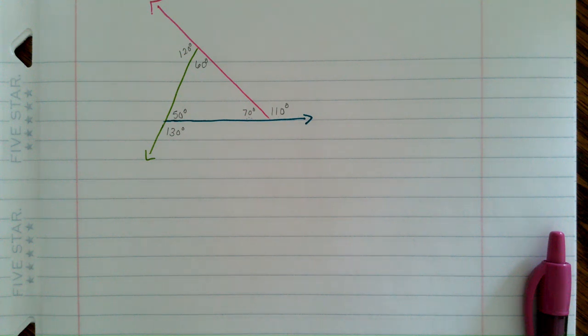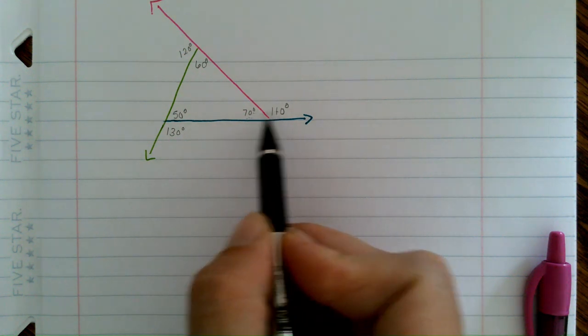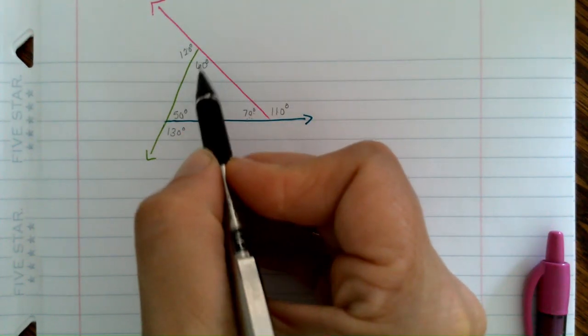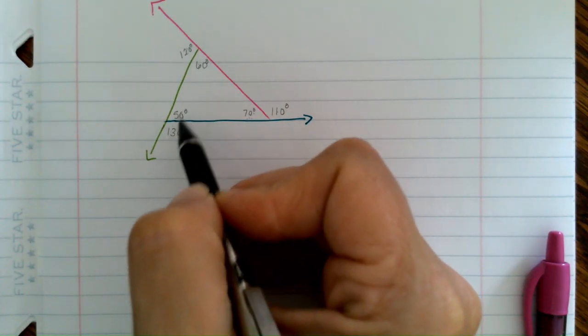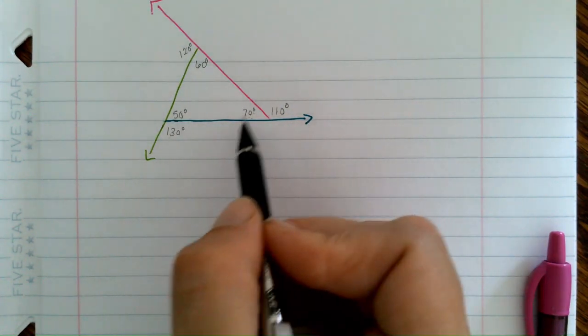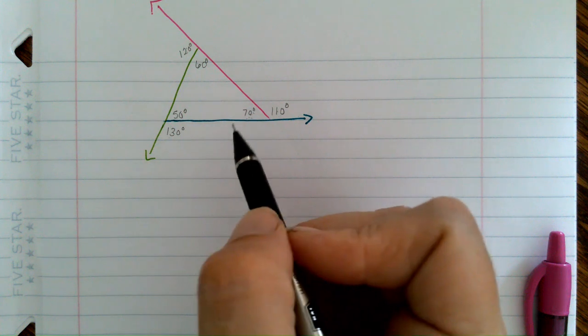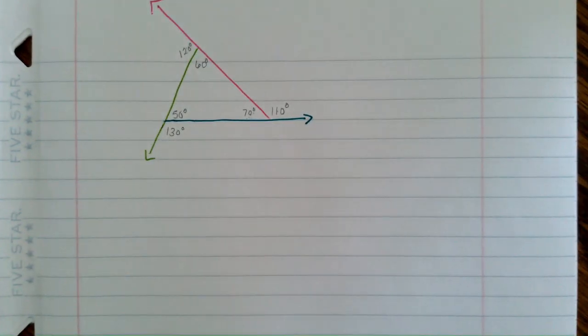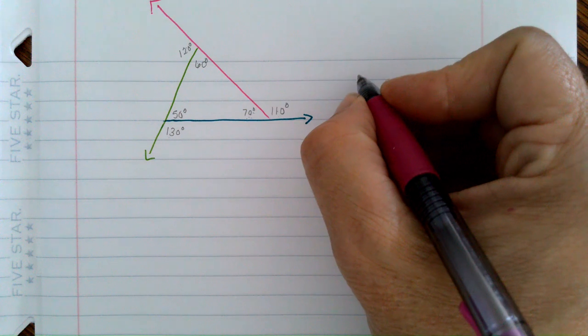So again, these are a linear pair, so they add to 180. These are a linear pair, so they add to 180. These are a linear pair, so they add to 180. We know the 3 interior angles add to 180. So what do you notice about the exterior angle? Specifically, I want you to compare an exterior angle